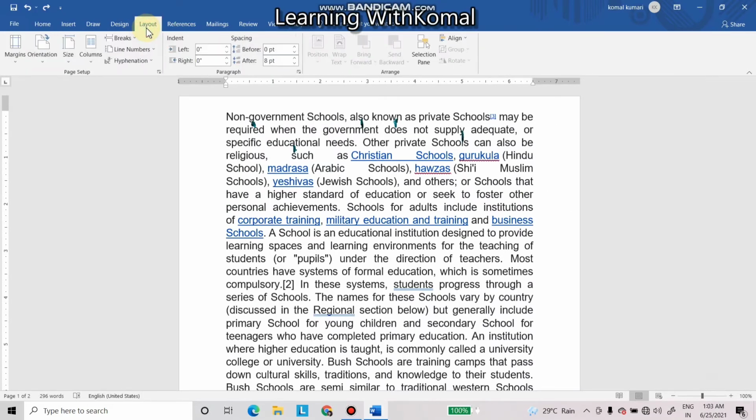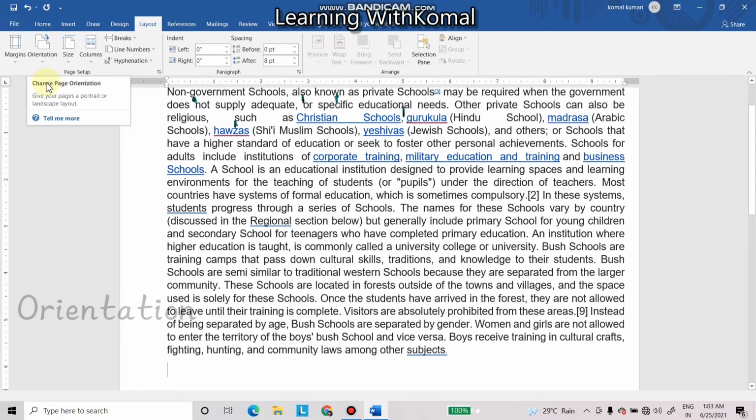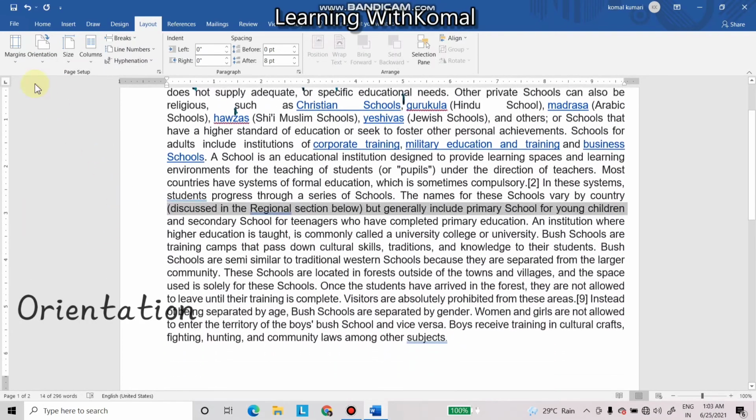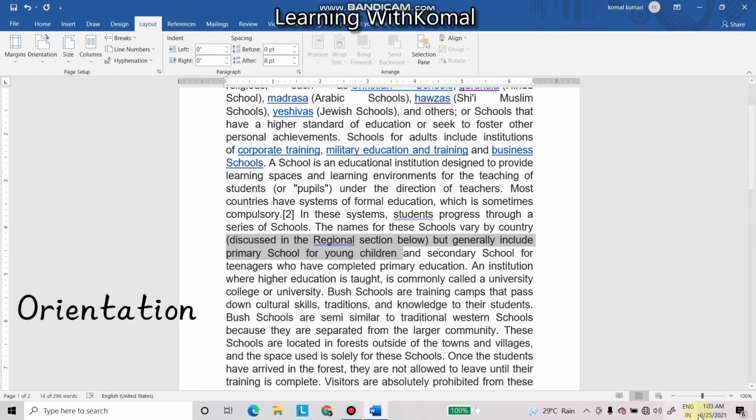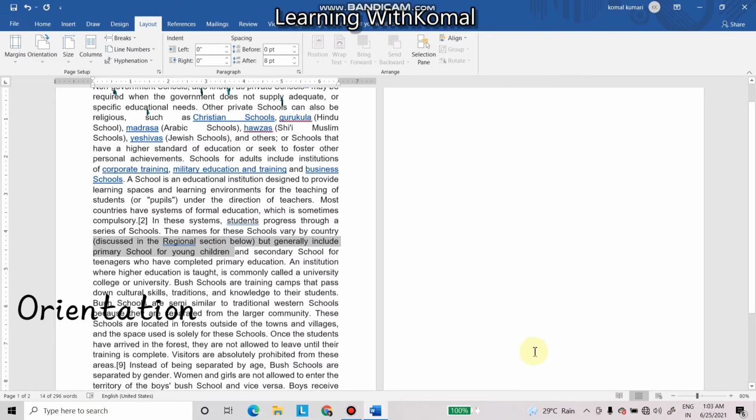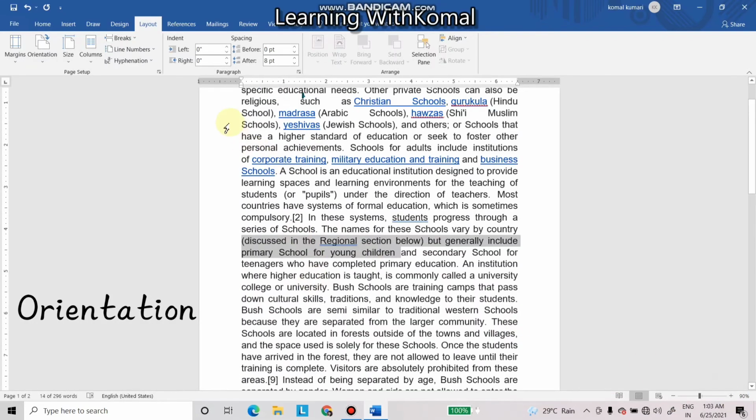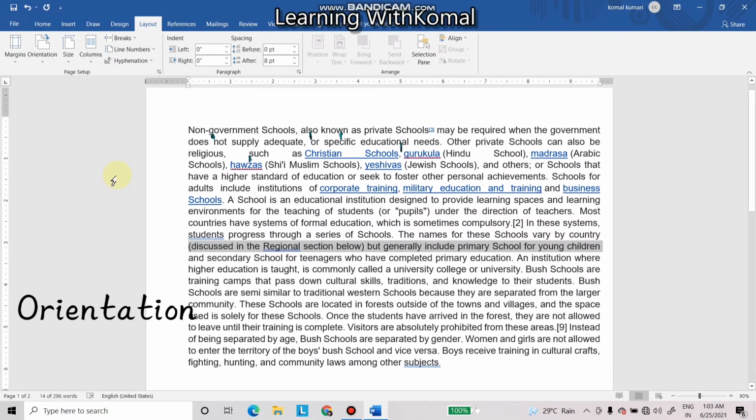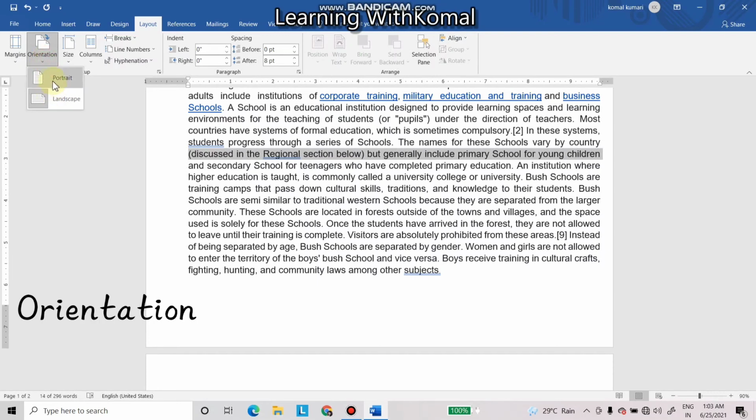We have to see something more about the layout tab. In this layout tab, what we will see is the orientation. We can arrange the page in 2 ways, either in landscape, okay, or in portrait. This is the landscape, okay, and this one is the portrait. Means when you do drawing also, what does your drawing teacher instruct you? Either you can draw it vertically or you can draw it horizontally. Okay, so we have 2 kinds of orientation, that is portrait and landscape, and portrait is the default orientation.